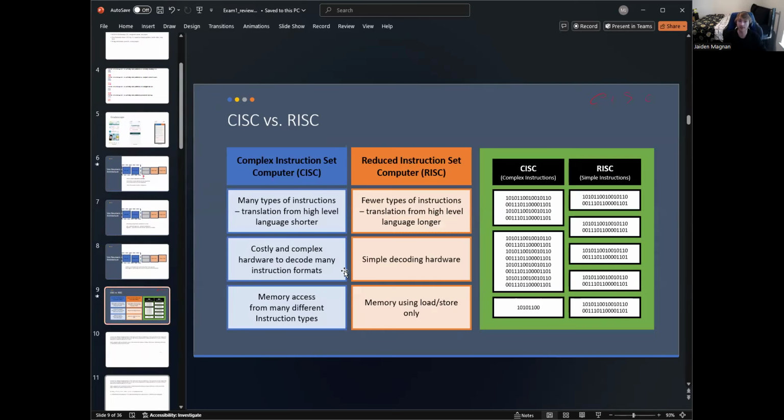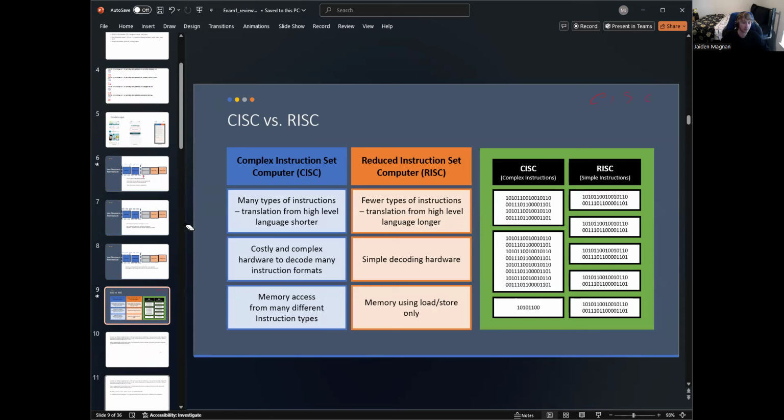Okay, so this is the next big thing, which is going to be your complex instruction set computer versus your reduced instruction set computer. So your RISC instructions are very, very simple. Typically, they're only going to take one clock cycle. They're going to do one thing and one thing only. They're very, very simple instructions. And what's good about this is that when it's sent to the data path, it's sent in the